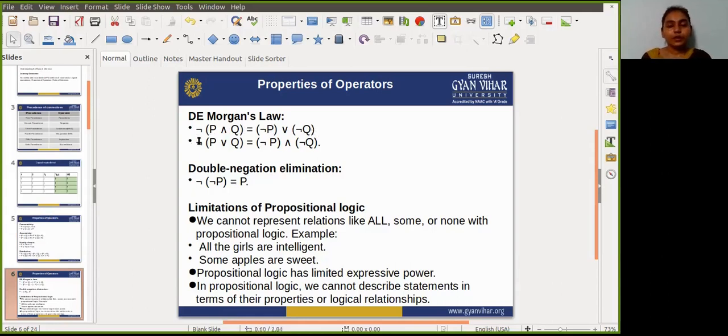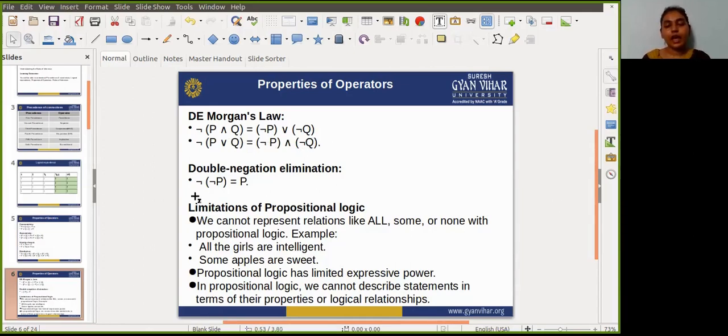Okay, again in the second case, it applies the not condition on the result of P or Q. So this is the same result you will find if you apply the negation of P and negation of Q. So both the LHS and RHS truth tables are the same as each other.